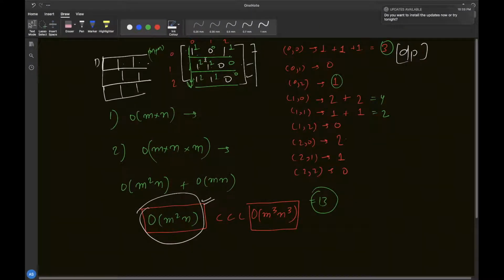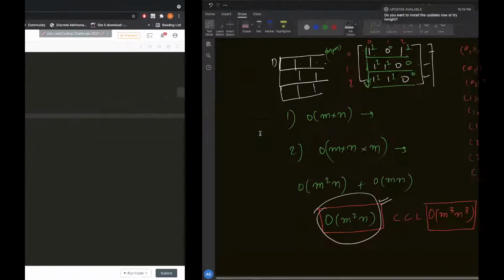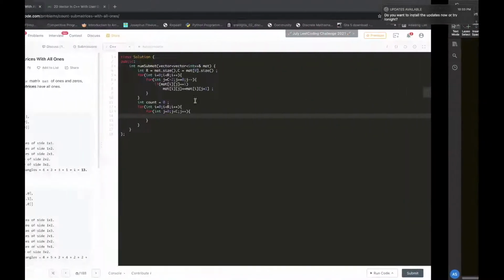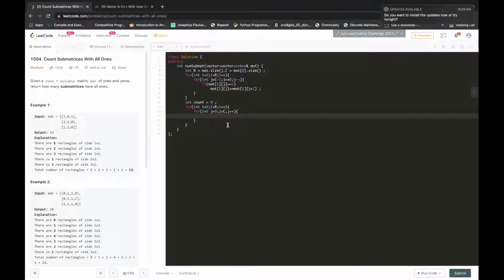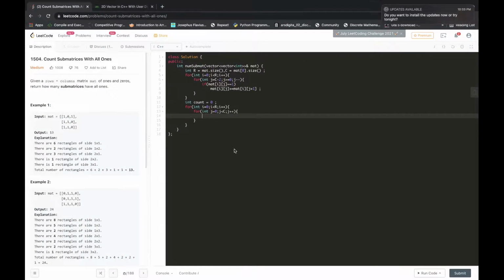Then for that starting point we are increasing the width, or you can call it depth. We are not increasing the width, we are increasing the height. Since we are coming down, we can just call it depth. So our depth will start from 0, 1 and go up till the height, the total number of rows.